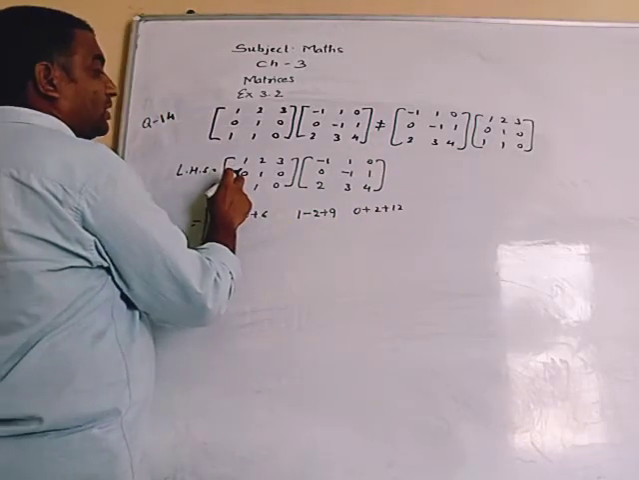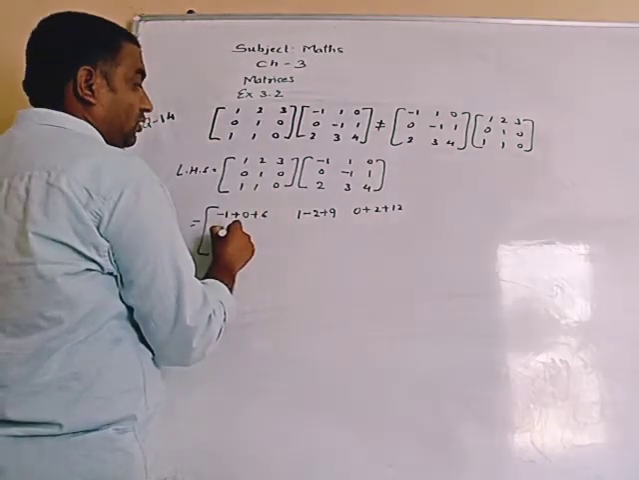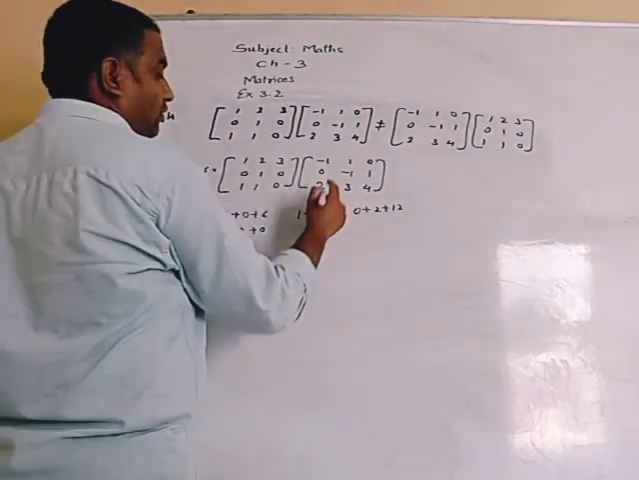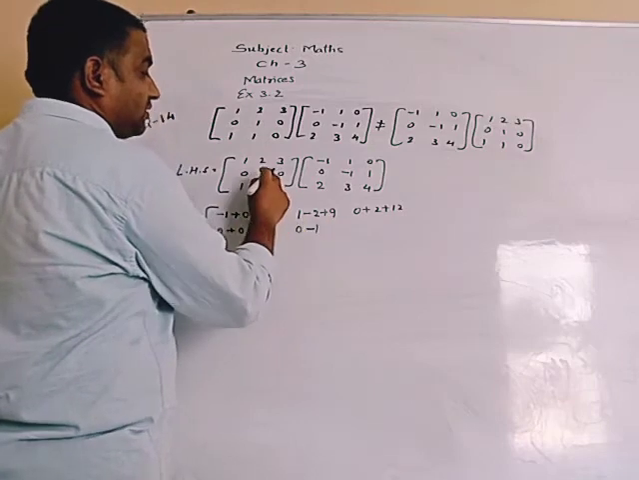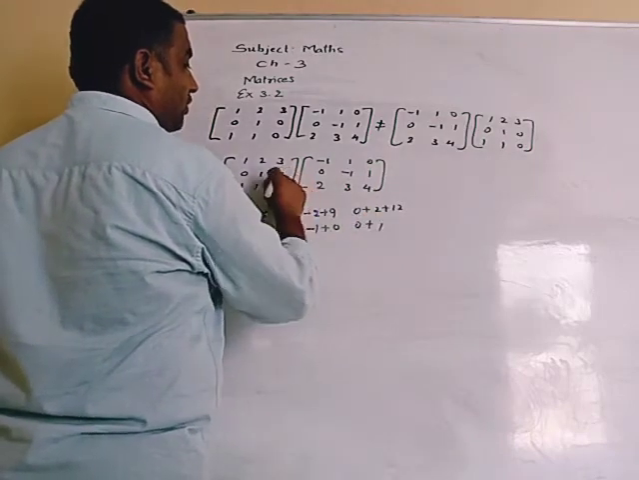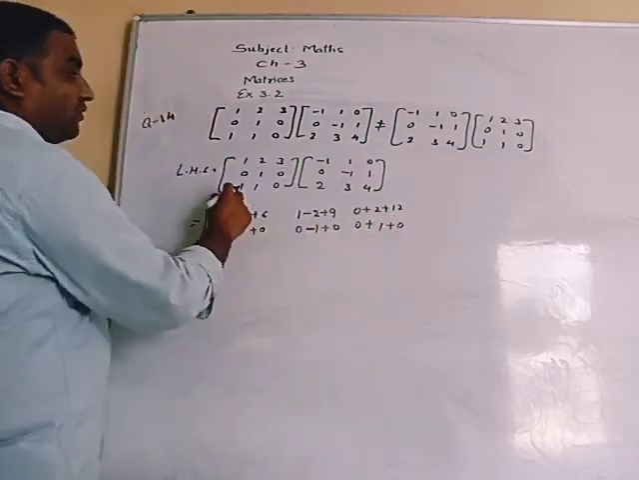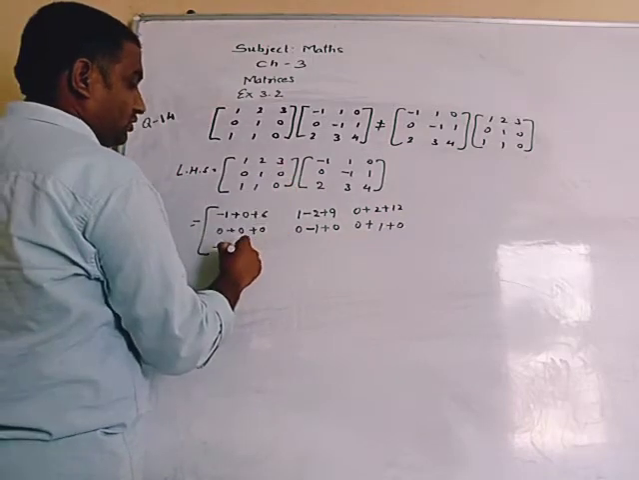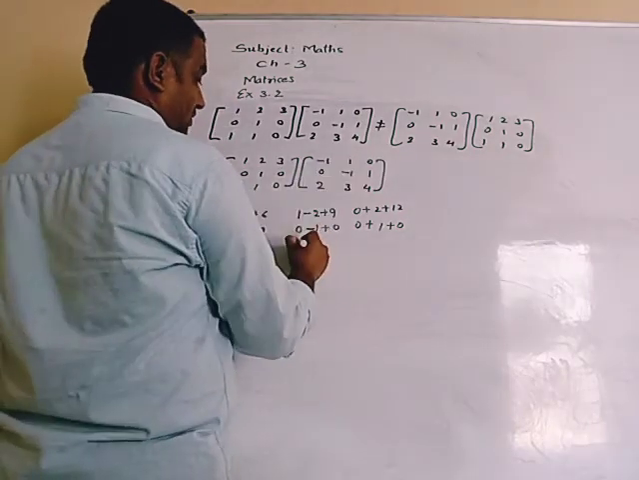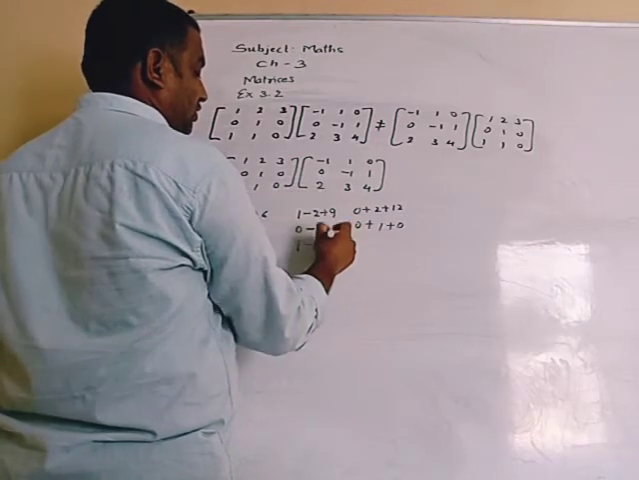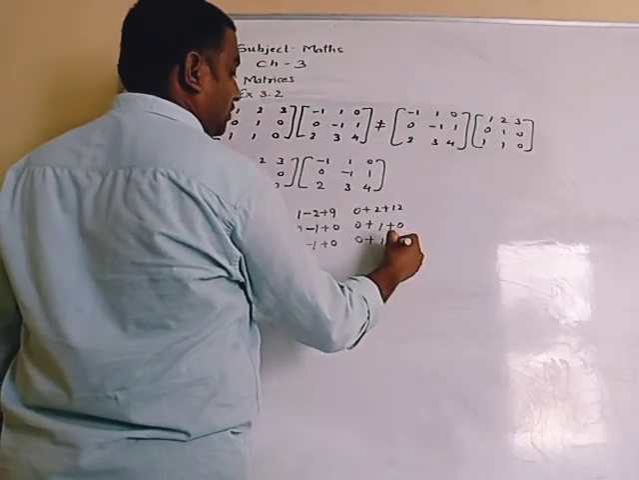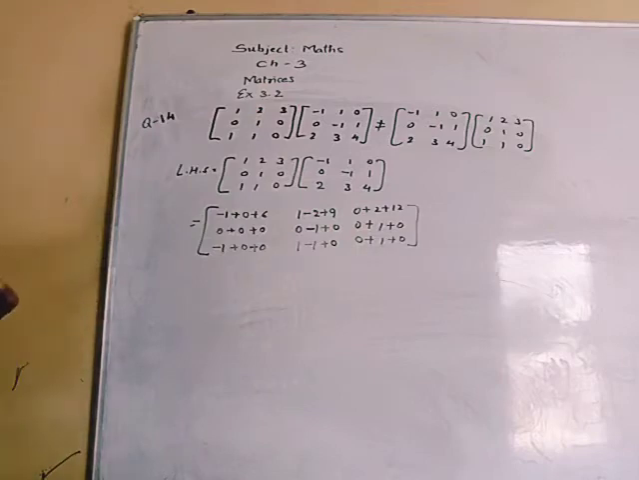Again we multiply second row with the first column, then 0 into minus 1 is 0, 1 into 0 is 0, 0 into 2 is 0, and so on, giving 0 into 1 is 0, 1 into minus 1 is minus 1, 0 into 3 is 0, 0 into 0 is 0, 1 into 1 is 1, 4 into 0 is 0. Third row gives 1 into minus 1 is minus 1, 1 into 0 is 0, and 1 into 1 is 1. So we can write here